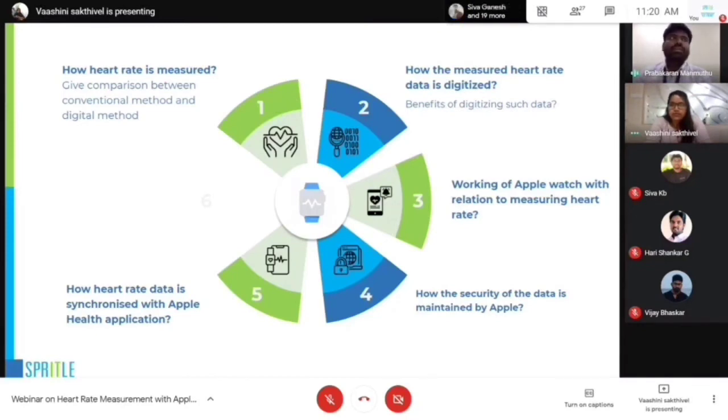The Health app can incorporate many other third-party apps. If one of your practitioners wants to access your heart rate records, you can simply provide your medical ID, and then it will ask for your permission to access your medical information. Once you allow it, the third party can access your medical related information. So everything will be in sync, like Apple Watch, iPhone, and then your third-party apps. They all will be in sync to share data with users.